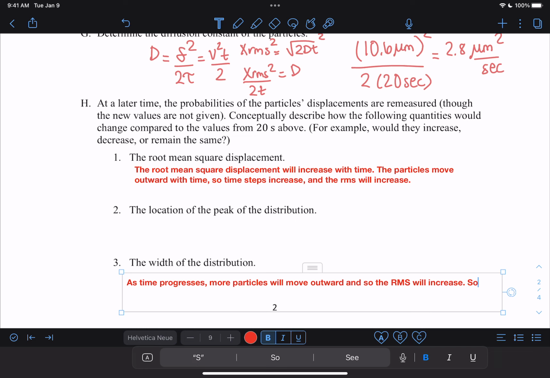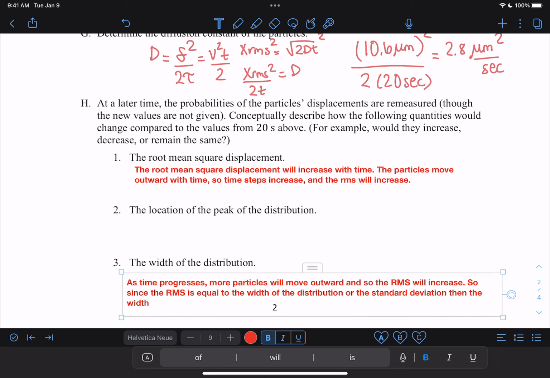Since the RMS is equal to the width, the standard deviation, the width will also increase. And so you can also maybe say that